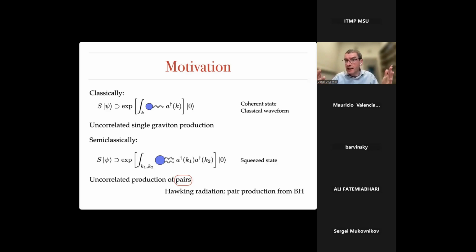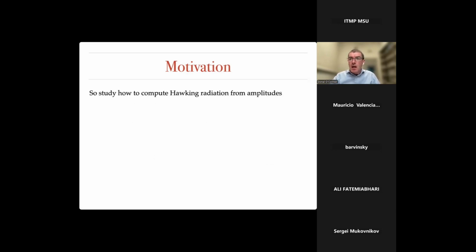Okay, so that's the idea, that the mechanism behind pair production is very similar to the mechanism behind the successful application of amplitudes to classical gravitational waves. So what I want to present to you is a version of Hawking's calculation, essentially, but cast in the language of scattering amplitudes, expressed as closely as possible to the ways we've been using to understand gravitational waves to date. I'm hoping then that we can use this in the future to go beyond that.